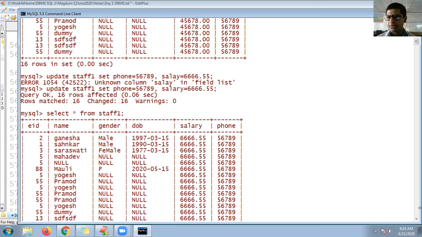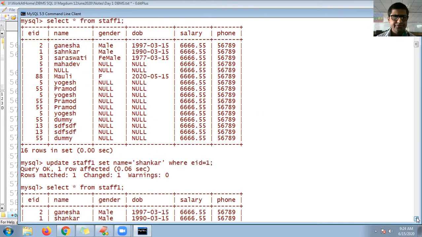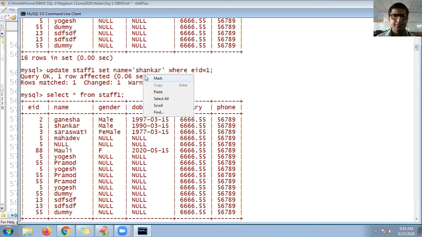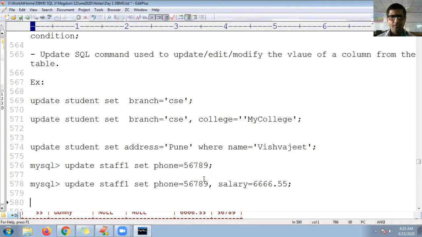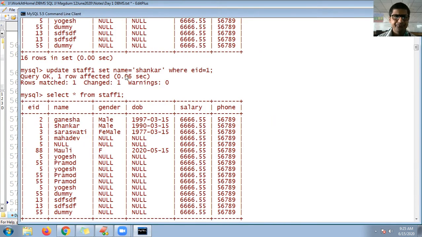Again scroll down. Mark. This is by using where clause.